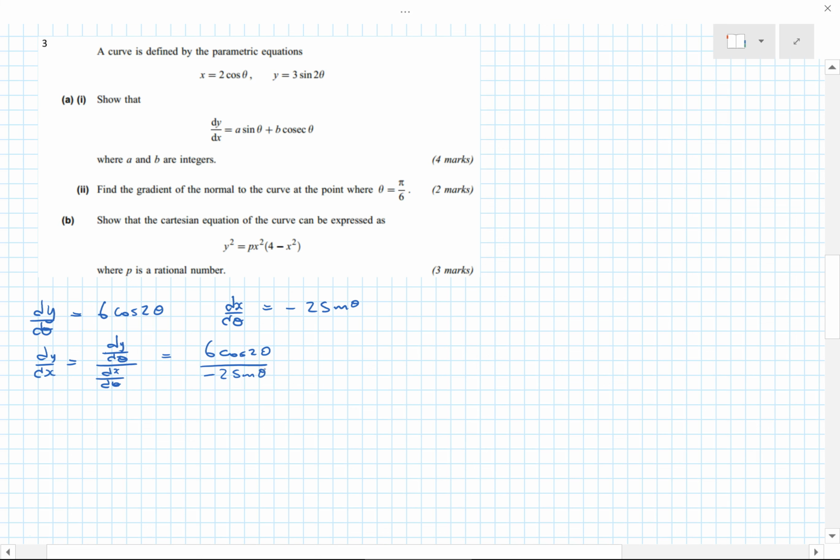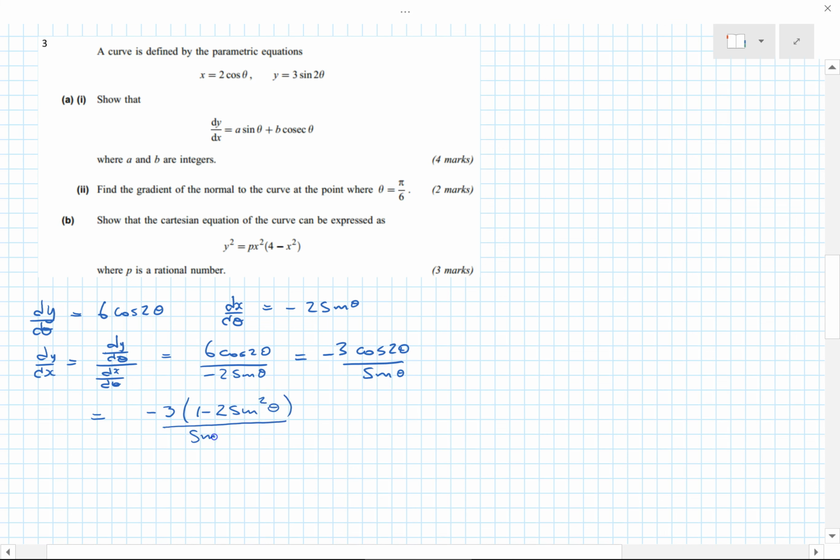Let's deal with the minus 2 first. So that's just minus 3 cos 2 theta over sine theta. Now it's clearly not in the way they want it, because they say it's equal to this, so we've got a bit more work to do. Well, obviously we've got double angles to work on. Now, because there's a sine and a cosec there, we know that really we want sines in our ratio rather than the cos ratio. So I'm going to replace the top bit with 1 minus 2 sine squared theta